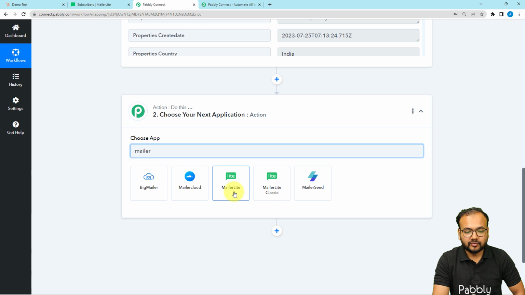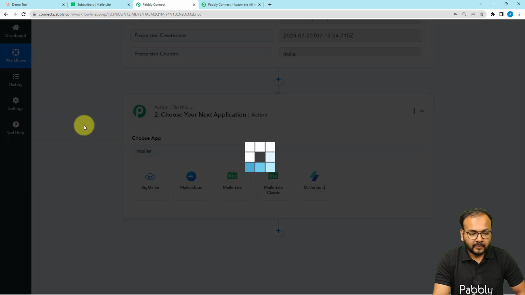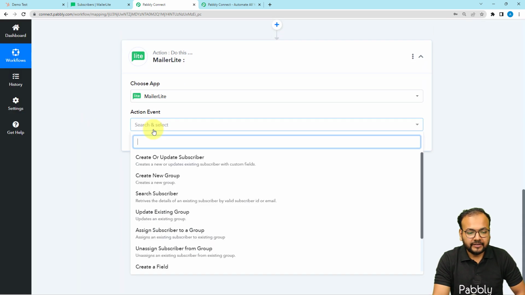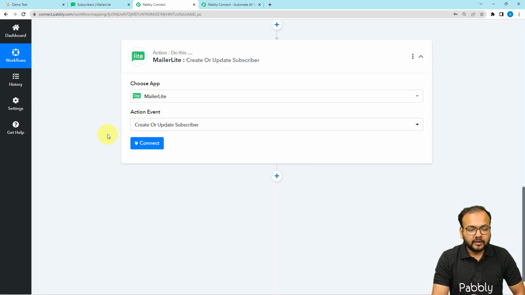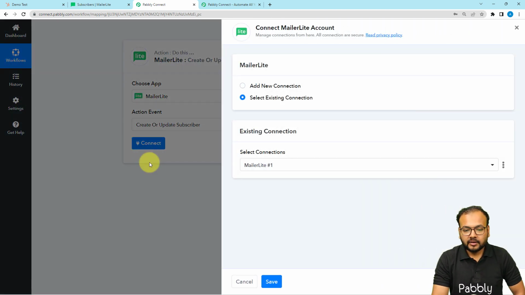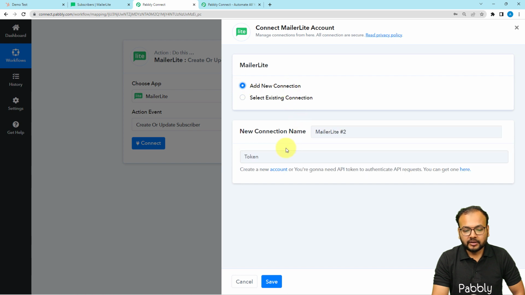Okay, MailerLite, this one, new one, and select the action event as create or update subscriber. Then click on connect. From here select add new connection, and here it is asking to enter the API token key of MailerLite account. So guys, from here you can reach the accounts page, or let me show you directly